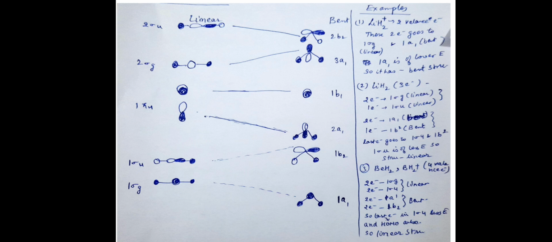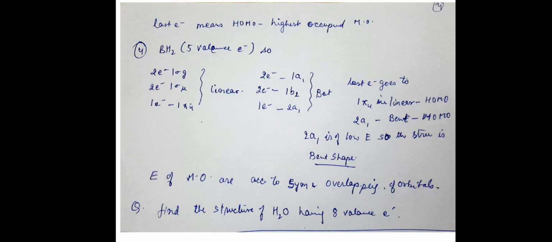अब आप देखिए सेकंड वाले में लोअर एनर्जी किसकी, HOMO कौन सा है, 1b2 है। हाईएस्ट ऑक्यूपाइड मॉलिक्यूलर ऑर्बिटल कौन सा है, 1b2 या 1 सिग्मा यू। इनमें लोअर एनर्जी किसकी है, दोनों में से लीनियर साइड की है, 1 सिग्मा यू की है। सो द स्ट्रक्चर इज लीनियर। ओके, आई थिंक आपको काफ़ी समझ आ गया होगा किस तरह से कैरेक्टर टेबल बनाते हैं और किस तरह से इसकी ज्योमेट्री को या शेप को बताते हैं। नाउ इसके बाद अपन एक ले लेते हैं और लास्ट इलेक्ट्रॉन जिसमें भी जाता है उसको HOMO कहा जाता है।